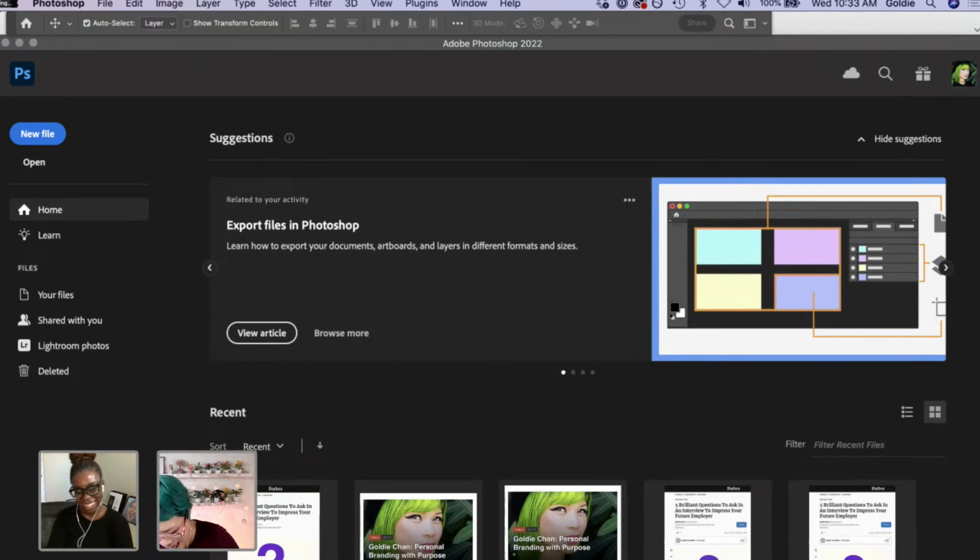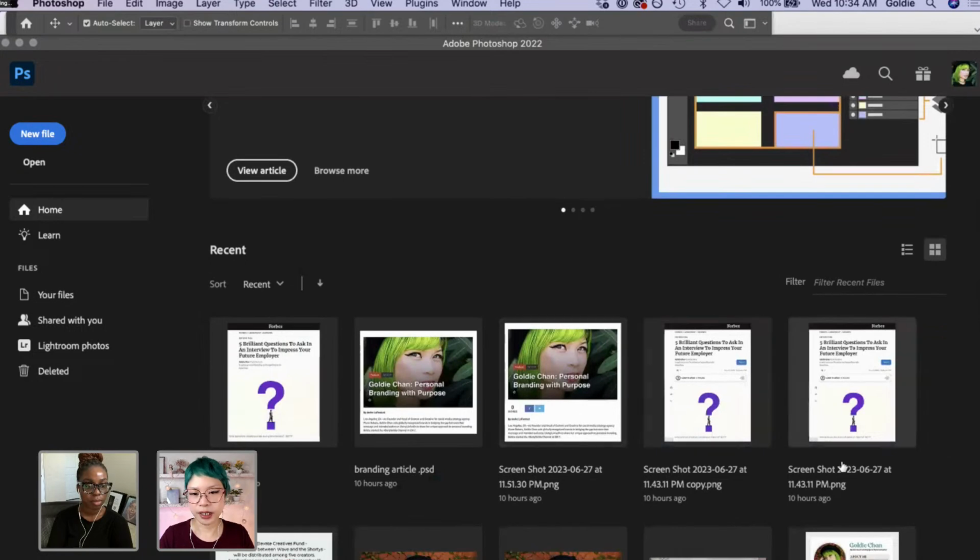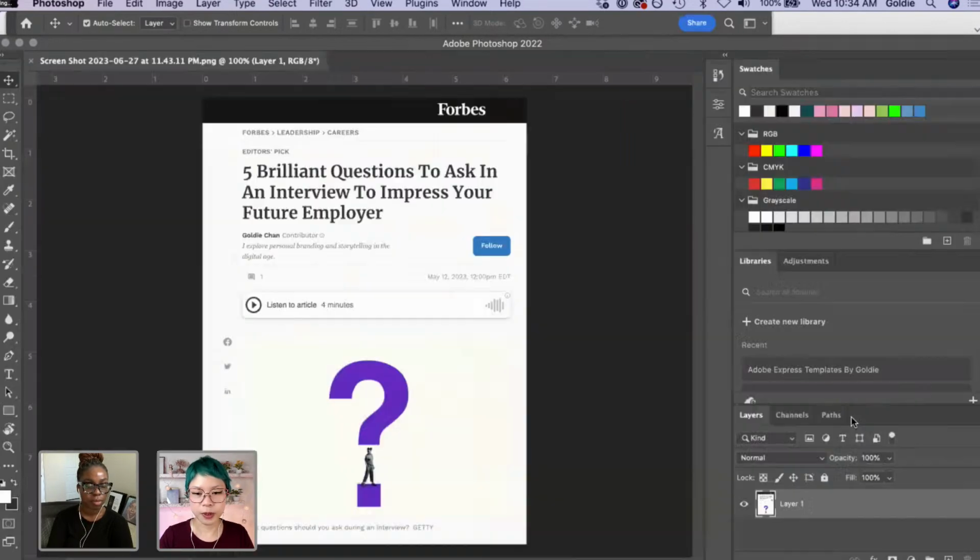What we're going to do is take something that is a screen cap and clean it up. So this is useful if you, for example, have ever, and I'm going to literally just open this. I was going to drag and drop it, but we already have it. So even easier, I'm going to just take this one that's already in here. And we're going to go ahead and edit this. So here's what I want to show you. We are in Photoshop. I'm going to show you how to clean up this screen cap that I took directly from Forbes.